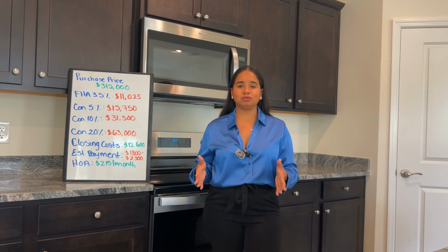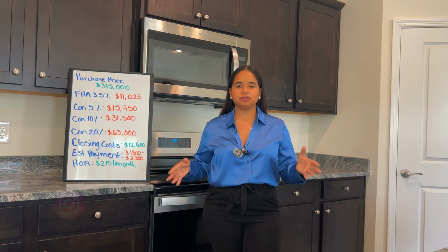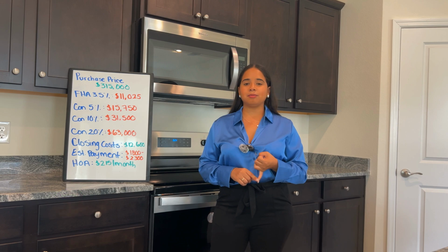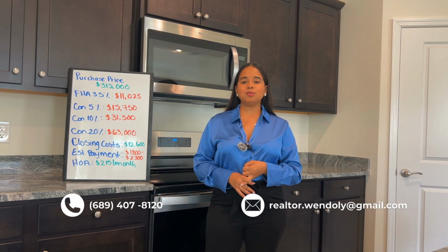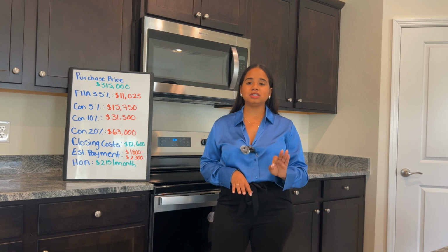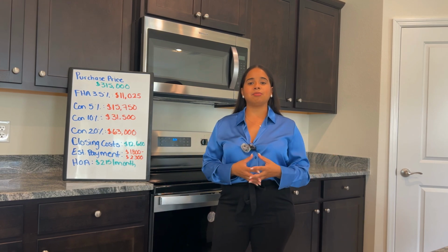$100 to $120 depending on who does lawn maintenance for you. So technically speaking, your HOA is just under $100 a month, and that's going to include a clubhouse, which they do activities throughout the month, every day of the month. It's going to include a pool, which you can go and do water aerobics every single day if you would like. This is also going to include a couple of courts, and if I didn't say this in the beginning of the video, I apologize, but it is a gated community, so you're also going to have that privacy in